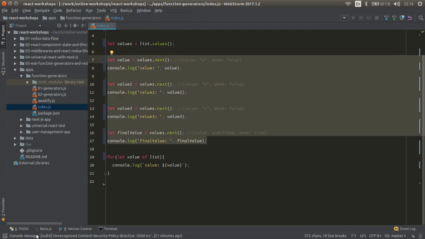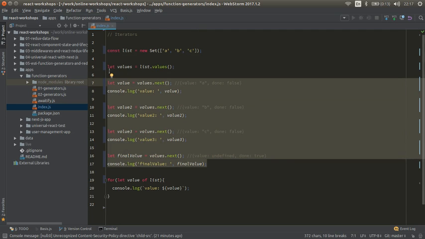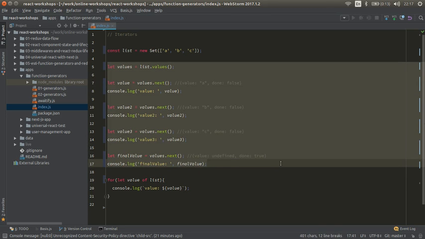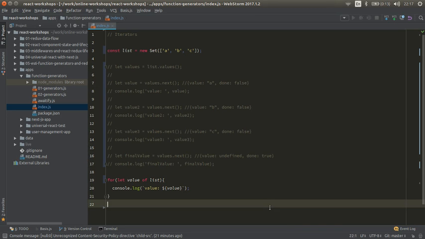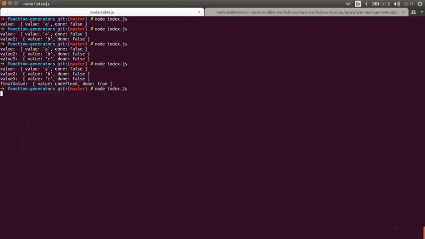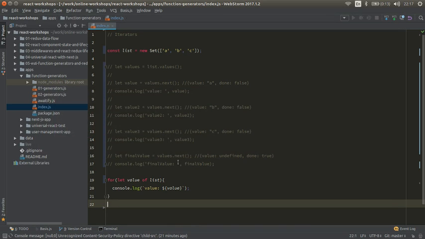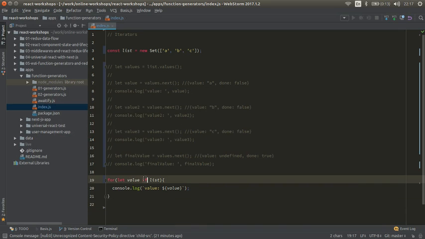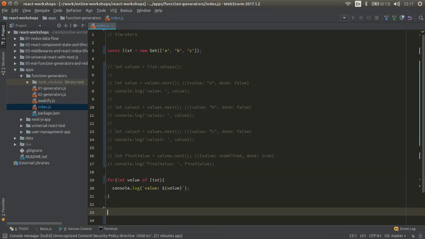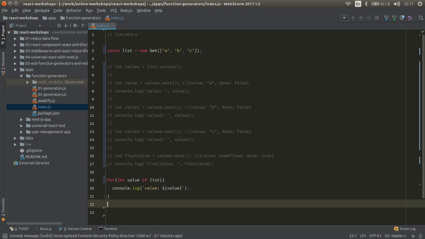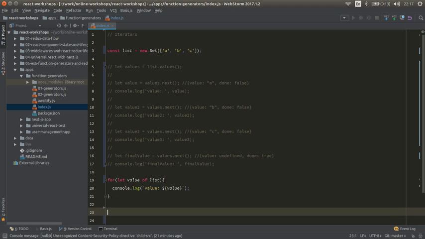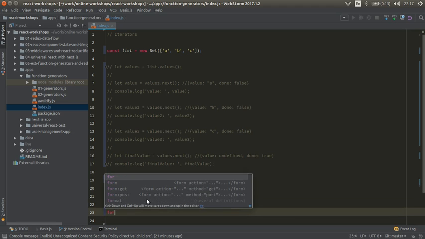Yeah, let's just comment this whole section out and run this code again. Value A, B, C. It's just a simple iteration, as you can see here, similar to for in loop. For in loop is not good for iteration over arrays, but we could use that. So let's try this for